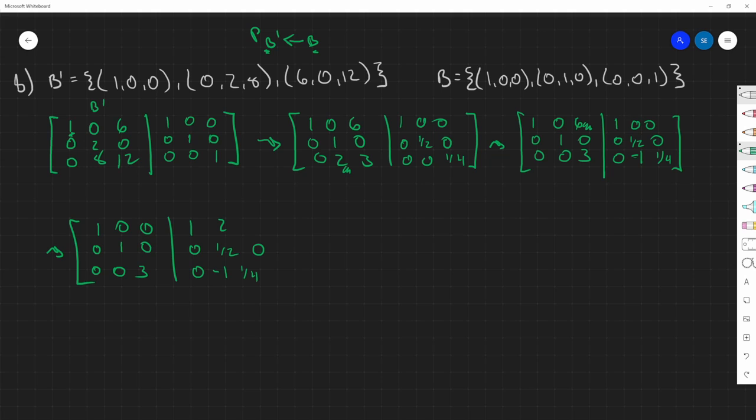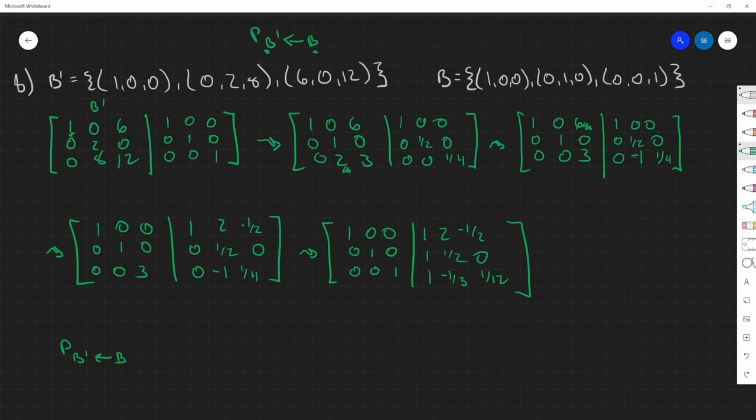And then again, it'll be negative twice. So twice of 1/4 is 1/2. And it'll be negative. So -1/2. And then now we can divide by 3 on the last one. So we'll finish off with our identity on the left side with our change of bases on the right side. -1/3, and this would be 1/12. And so